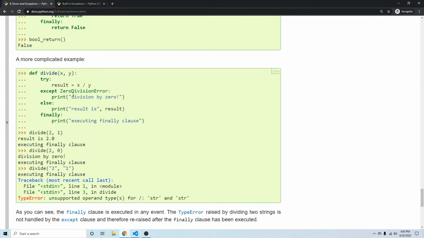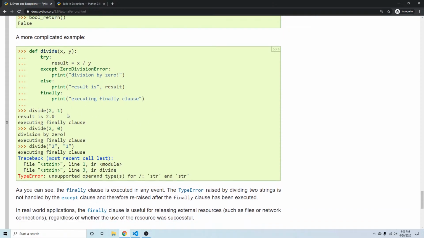Otherwise, let's say they had an exception and they didn't raise the exception before the program exits out, because you're not really handling the exception in here. It's going to go through the finally block and just say executing finally clause. So let's make sure that's true. Oh, geez, 2 by 1. That's exactly what I was talking about, but